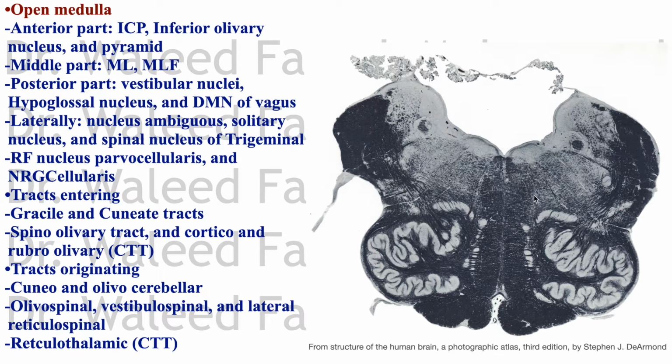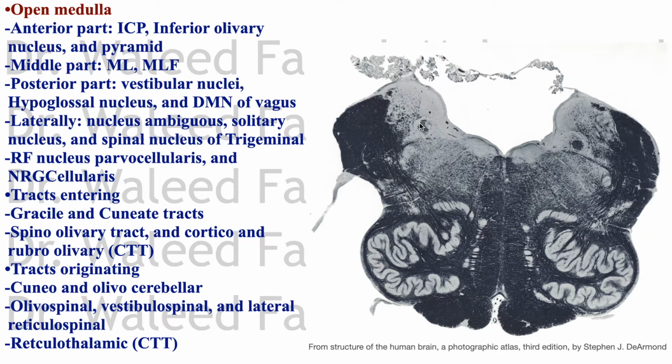This is a higher level than the two sections we saw before. This is the inferior olivary nucleus here. And this is the inferior cerebellar peduncle with 9, 10, 11 nerves emerging, and the hypoglossal nerve you can see emerges from this area. This is the fourth ventricle. This forms the hypoglossal trigone, and lateral to it is the vagal trigone,